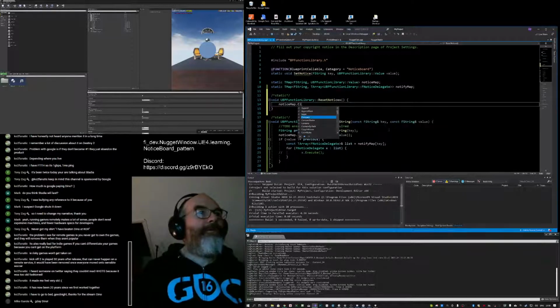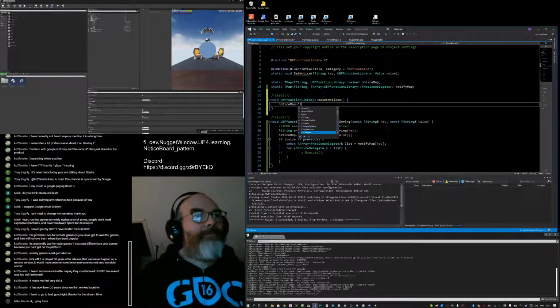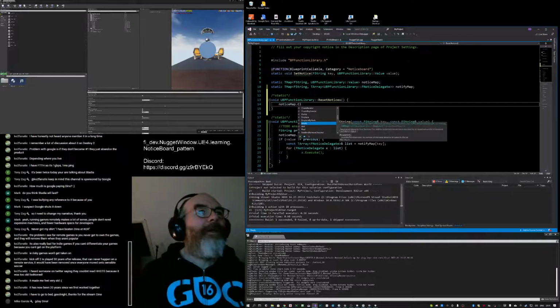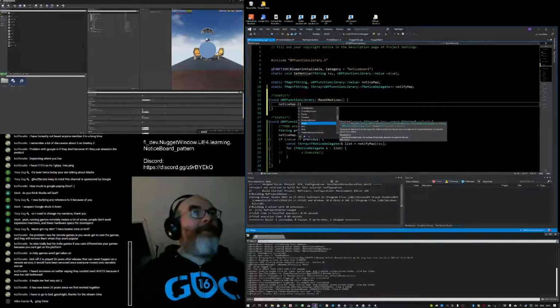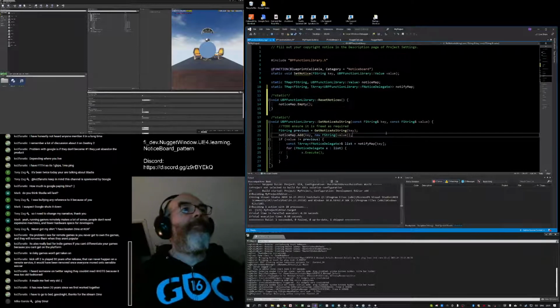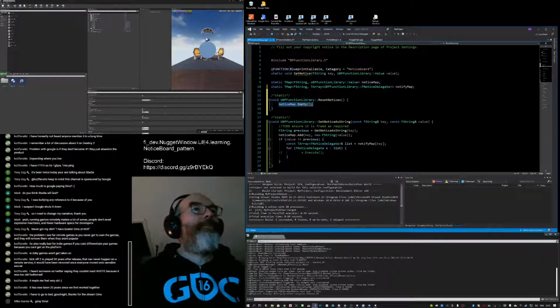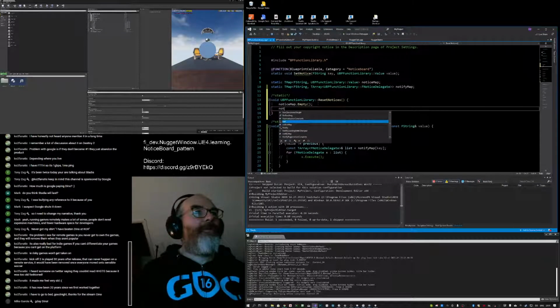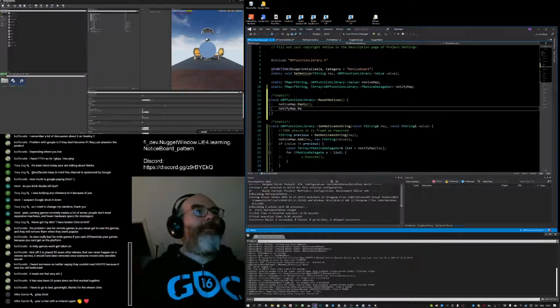Is it clear? They name the thing different to everybody else. Empty. It's called empty. Then we also need to notify map. Empty.